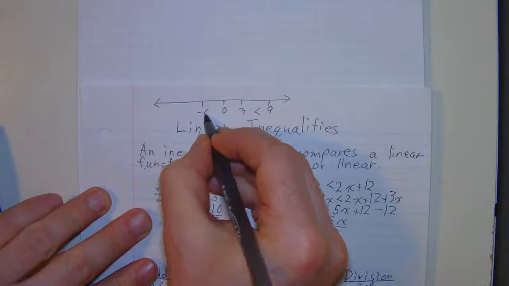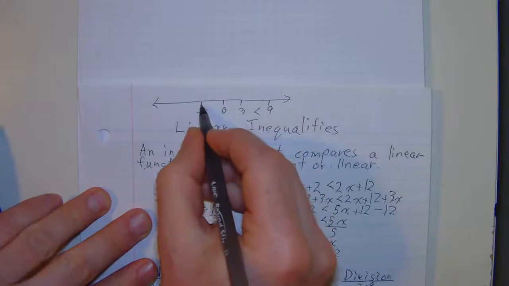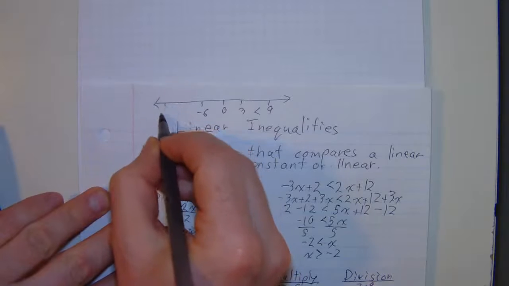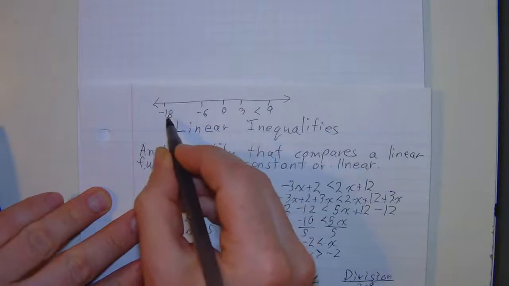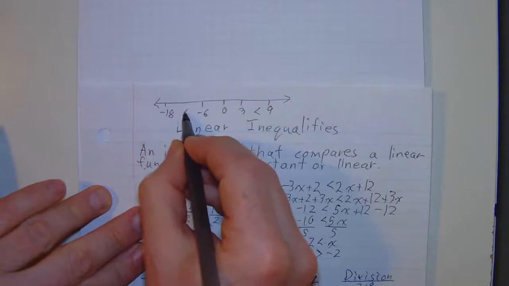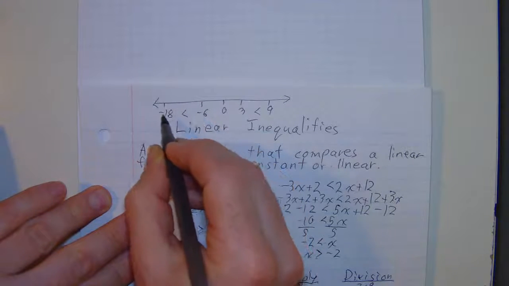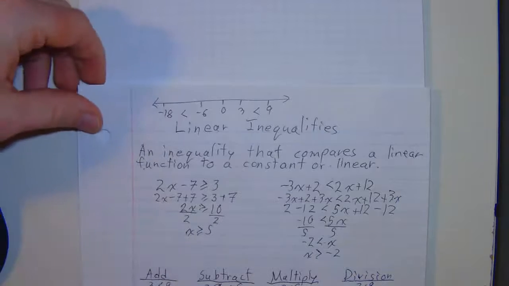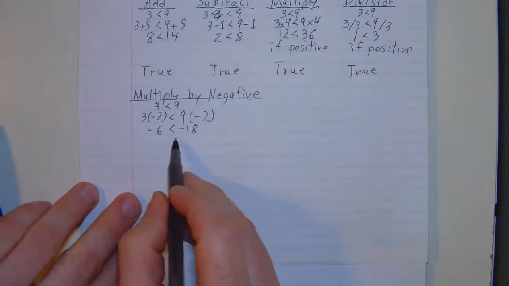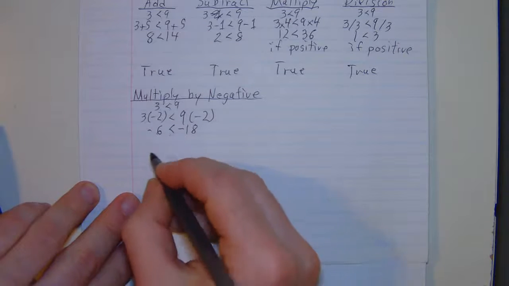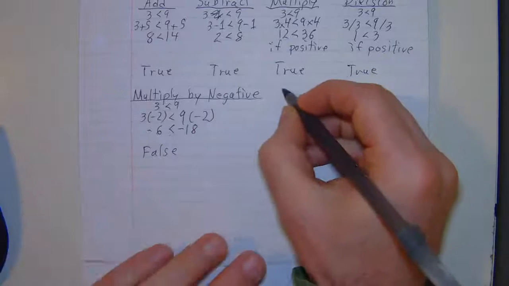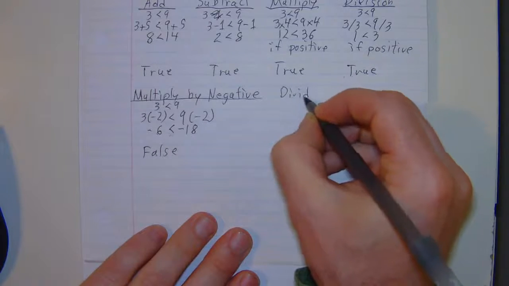If we go down into the negatives, -1, -2, -3, -4, -5, -6, -7, -8, count down all the way to -18, we can see that -18 is to the left of -6. That means -6 is greater than -18. But here we find that the inequality is telling us the opposite. So this is false. If we divide by a negative,